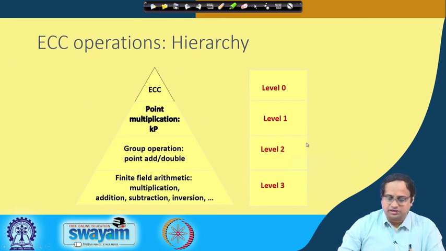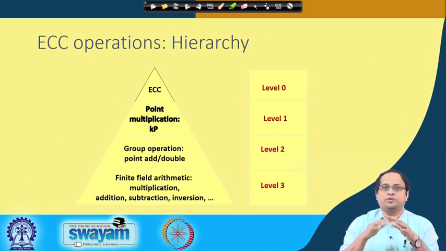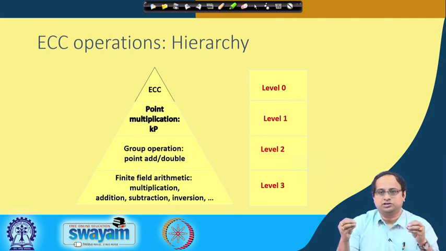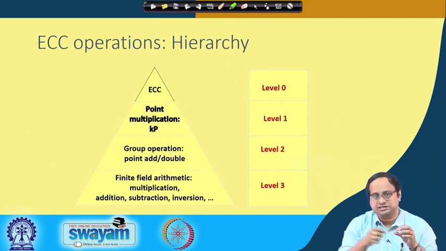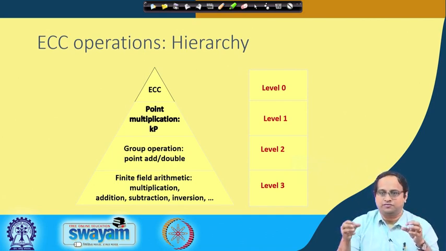So, now we are all set to understand how the elliptic curve operations are done. The elliptic curve you can imagine as a kind of pyramid. You have finite field operations at the bottom, where you are doing your multiplications, additions and field inversions. On that you define your group, on which the group operations are the chord and tangent rule that we saw. We saw how to add 2 points p and q. If the points p and q are the same, then I add p with p. In that case we draw a tangent at that point, and that is often called a doubling operation, because you are adding p with p. So, you are getting 2p, that is the doubling operation. So, you can define your addition, you can define your doubling.